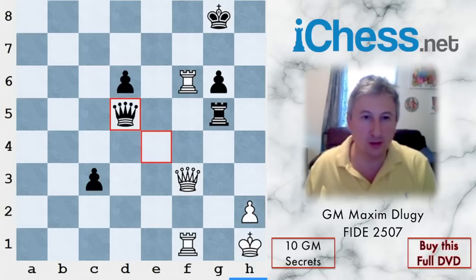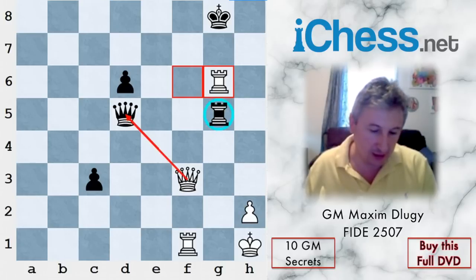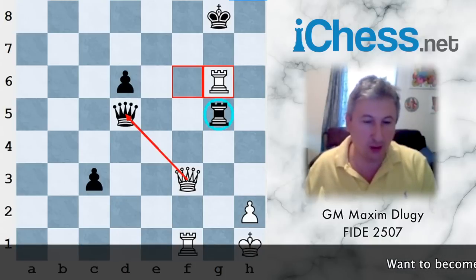Of course, everything wins here, but the simplest is rook takes pawn. Since the rook cannot move as it's defending the queen on d5, and black resigned. So as we saw in this game, in tactical position, the best decision may not be automatic. At first, you need to discover the key to the position. In this case, it was the weak pawn on e4,